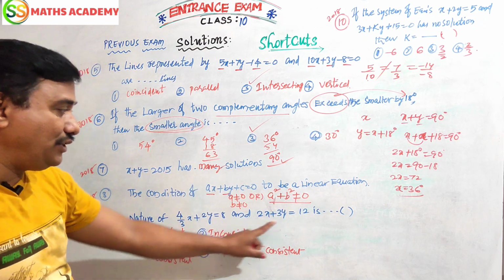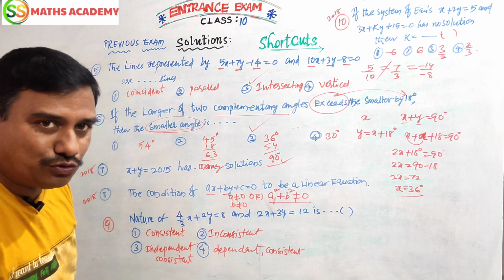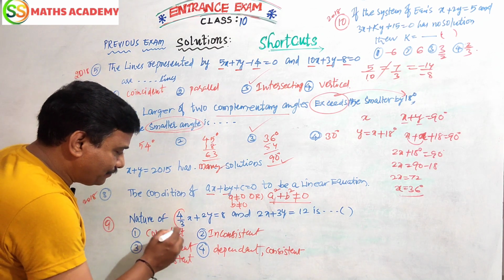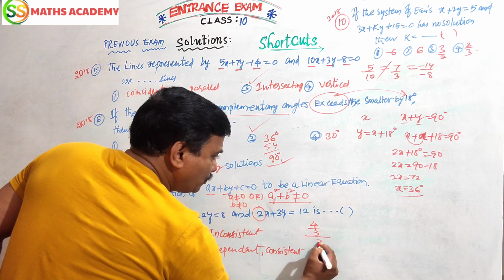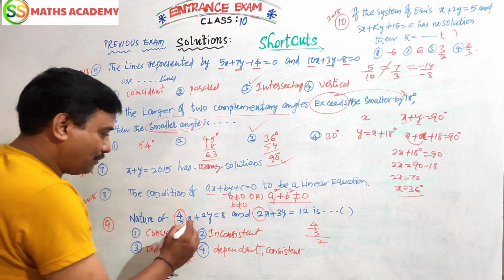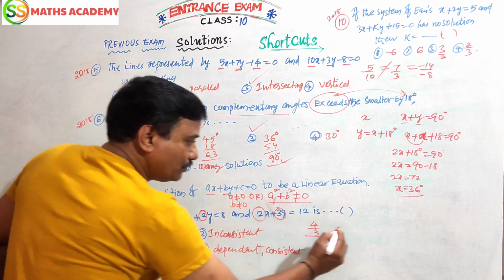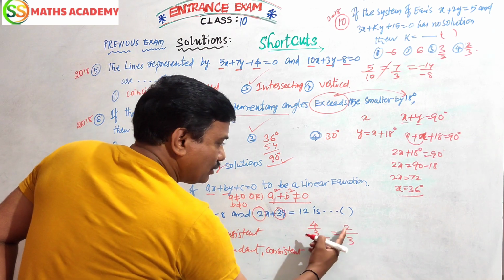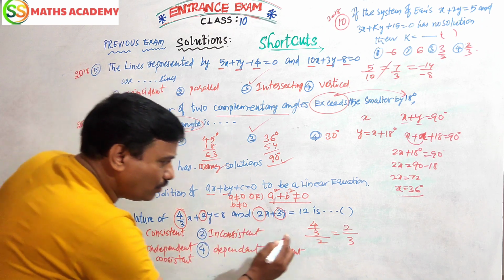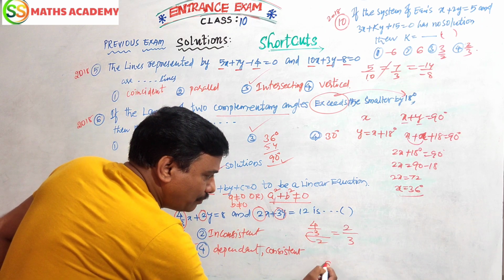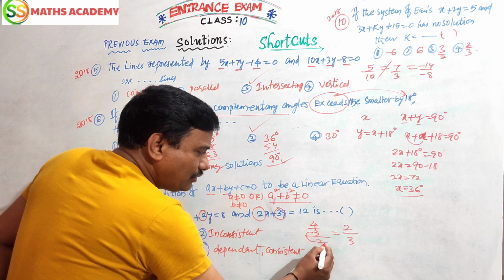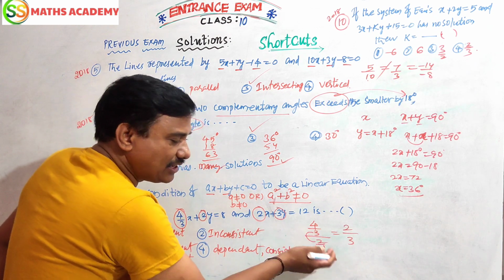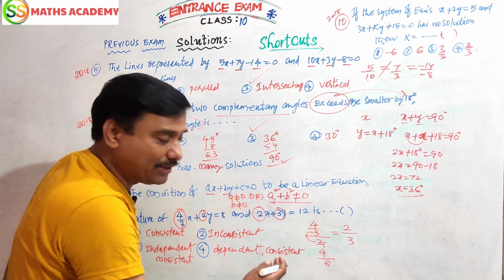Next friends, nature of this question. Nature means what condition should be satisfied. Here a1 by a2, 4 by 3 by 2. Okay. b1 by b2, 2 by 3, 2 by 3. Okay, it is clear. Now these two will be multiplied. 2 threes are 6, here 4. Otherwise you have 2 by 1 reciprocal, 1 by 2, you can also write 4 by 3 into 1 by 2, nothing but 4 by 6.